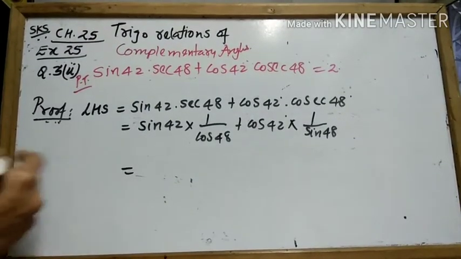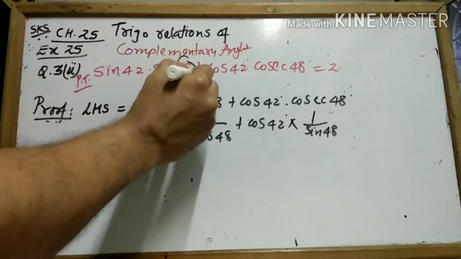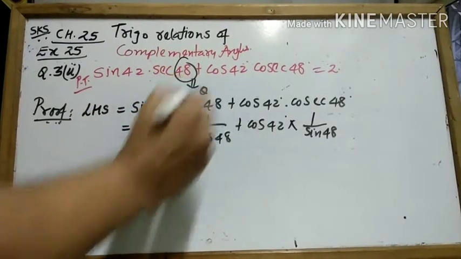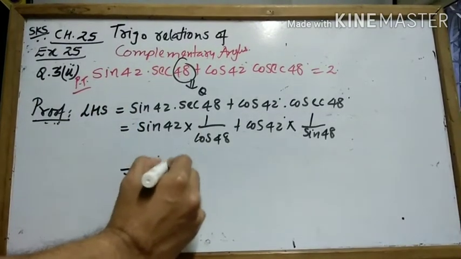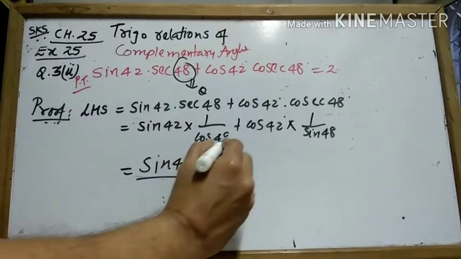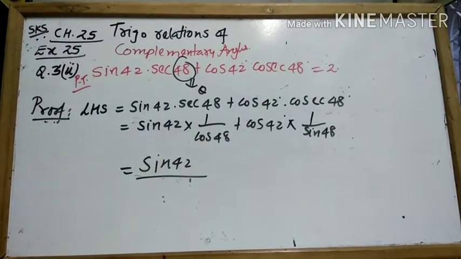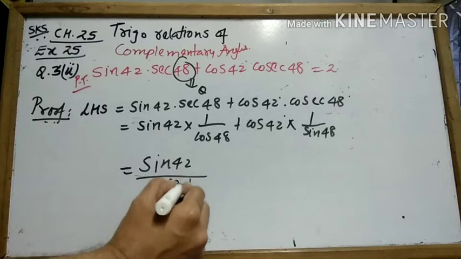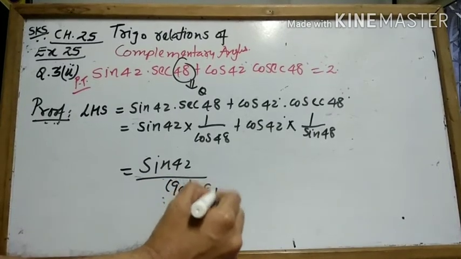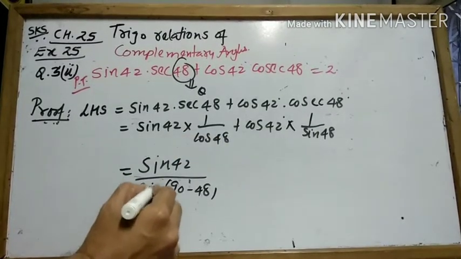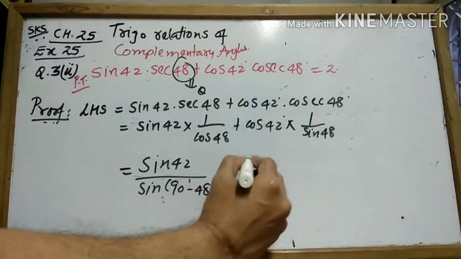Any one angle I am taking as theta. Say, for example, I am taking 48 as theta. Then sin 42 I am keeping as it is. This 48 I want to change to the related complementary angle. So I have to write 90 minus 48, but cos will change to sin. What happens here? Cos of 42